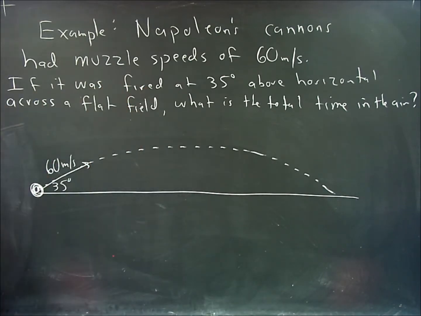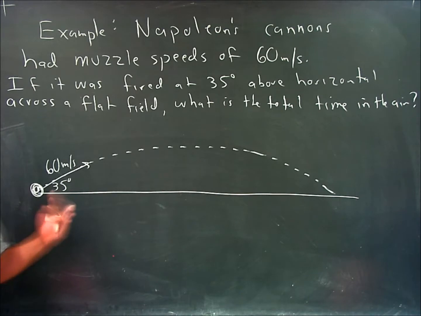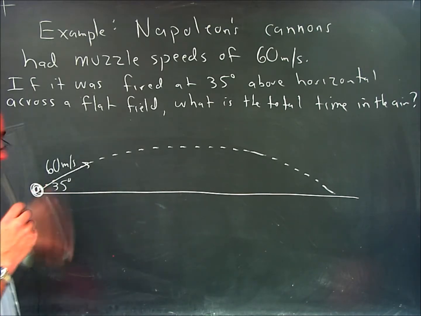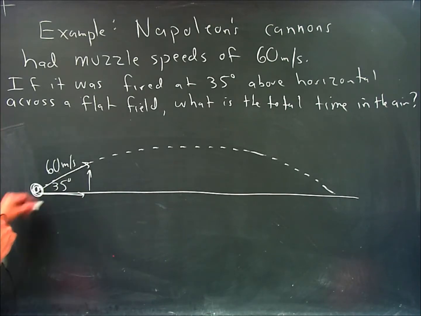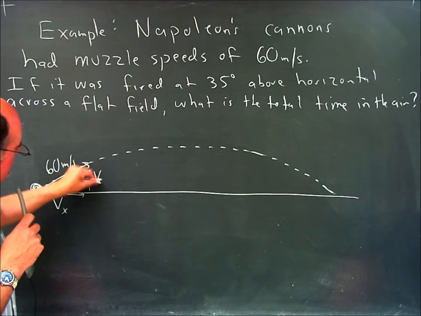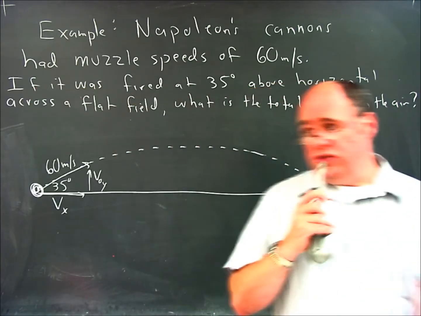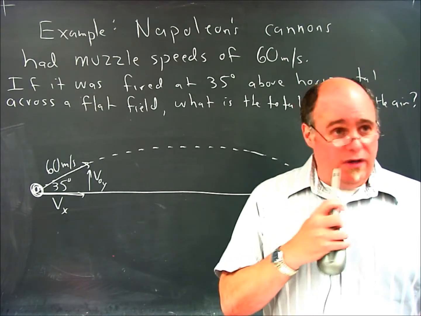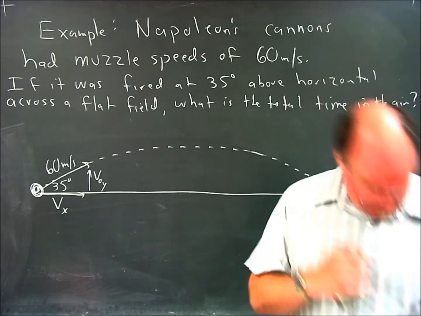So at the moment of launch, we're told it's going with a speed of 60 meters per second and an angle of 35 degrees. We can never work with vectors going in two directions. So we need to break this apart into the x and the y piece. So we need to figure out how fast is it going, what's the initial speed in the x direction, what's the initial speed in the y direction. So we need to use our sine and cosine functions to do that. So we learned about that already earlier in chapter 3. So if we break this vector down,